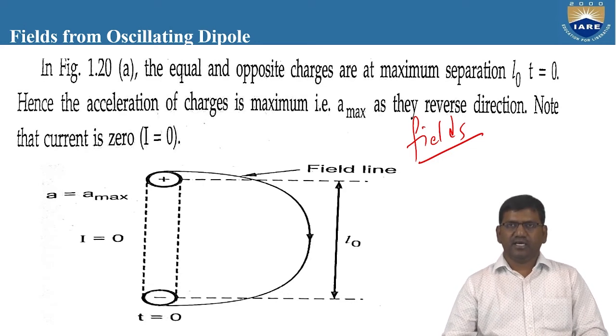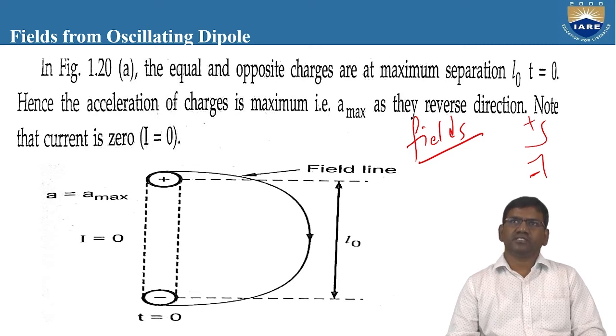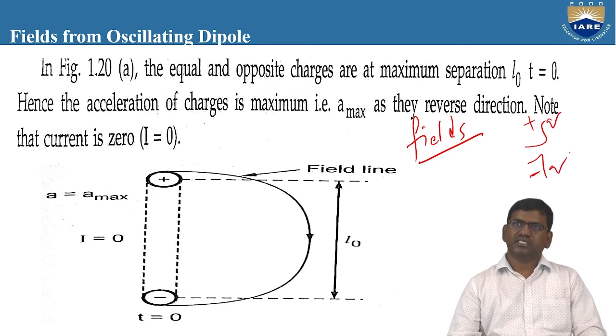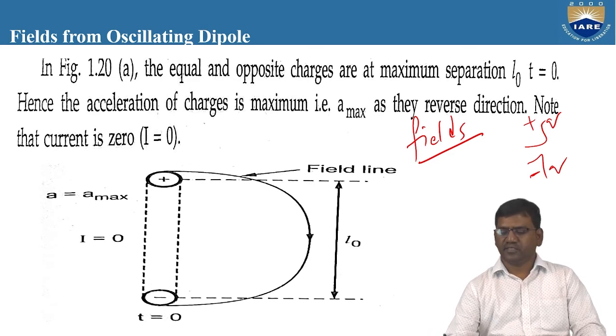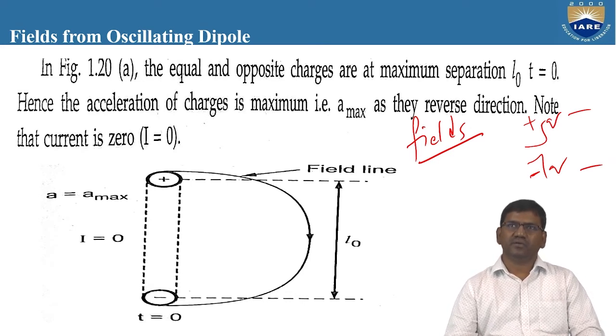If we take a conductor with two opposite polarities, a dipole is nothing but there will be two polarities. That means there will be equal and opposite charges. If this is plus q and this is minus q, the charges will be different, and these two are separated by some distance, and the magnitude of the charges at the two ends will be the same. That we call a dipole.